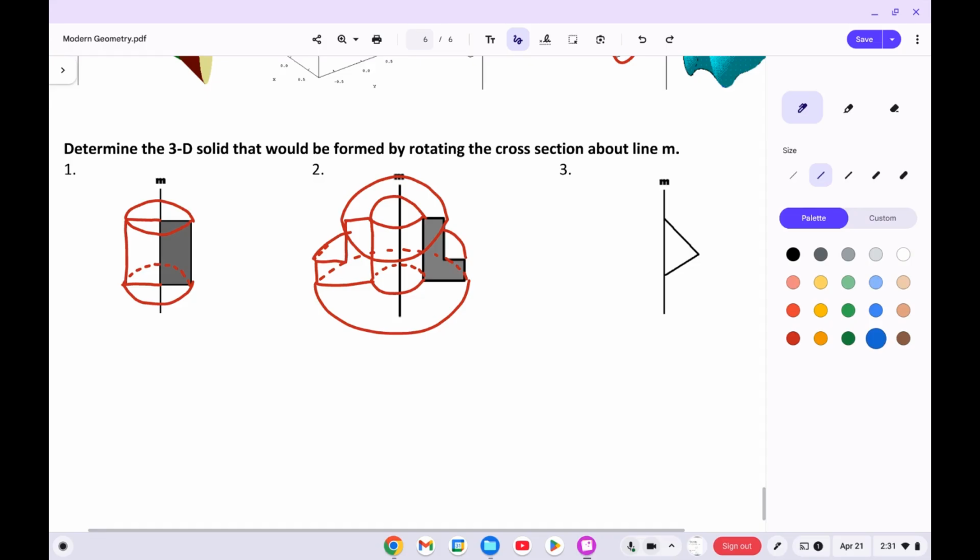This last one here, number 3, I would start by drawing about this triangle shape, like so. And then again, it's going to be curving. So I like to just think about connecting corners. So this is going to connect, and then it's going to come back there. So almost imagine, maybe when you were kids, if you ever played with one of those spinny top toys, where you just spin it on your desk or on a table, it's kind of resembling